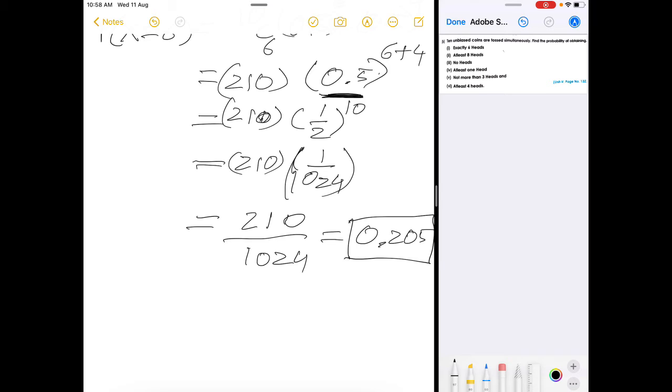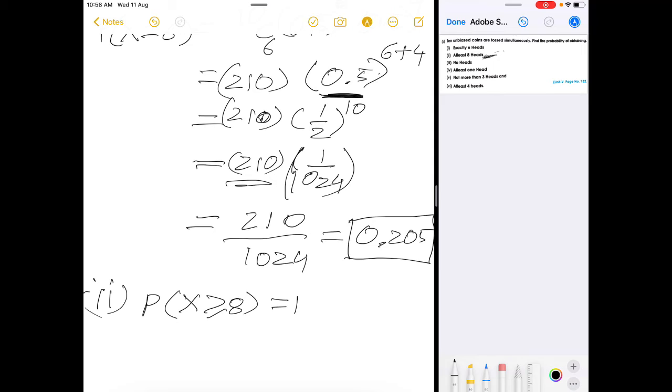Now the most complicated part of this calculation is just the combination part. Rest is very easy to calculate if you have a calculator. Second problem, please take a look. Calculating exactly 8 heads, or no, sorry, it's not exactly, it is at least 8 heads. That means 8 or more. So probability of x greater than or equal to 8, that means 8 or more heads. Remember, whenever it is at least, it is 8 or more.